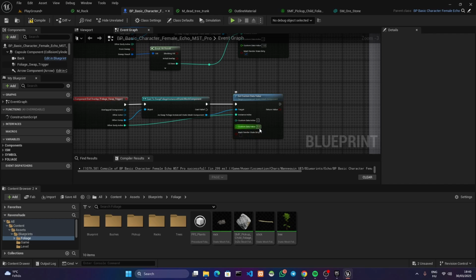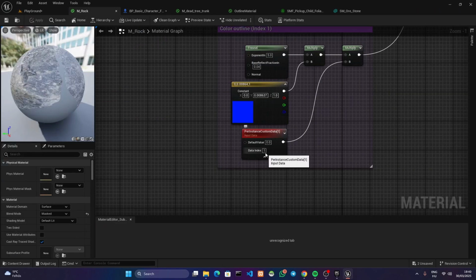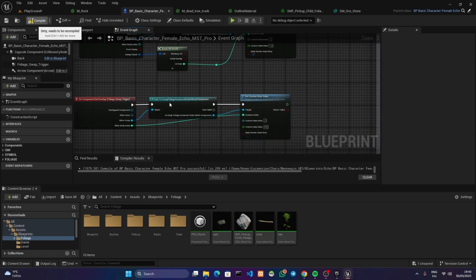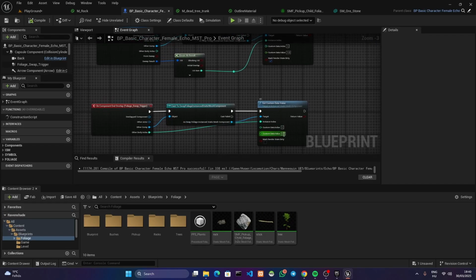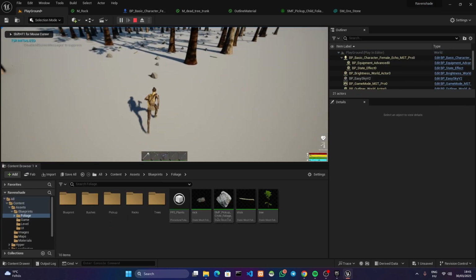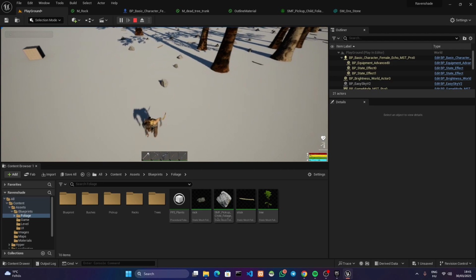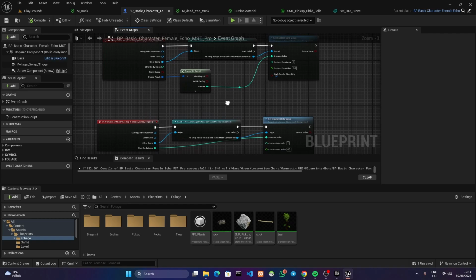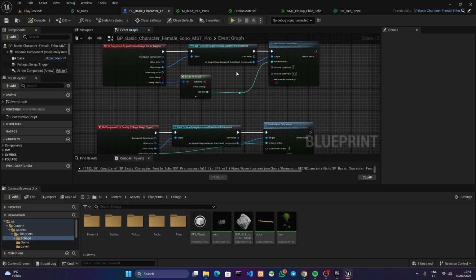And I need the custom data value to be 0, because if it's 0, it's not outlined. If it's 1, it's outlined. So setting back would be something like this, and that would mean that when I end overlap with the particular object, it's going to set it back and mark render state dirty. This means that you want to right away show the changes, which is also a good thing to have. And that would mean when I go near an object, it outlines it, but when I go out, it's not going to outline it. Of course, you need to fine-tune a little bit in your case, but that's how you do runtime